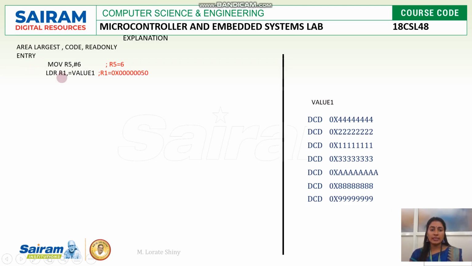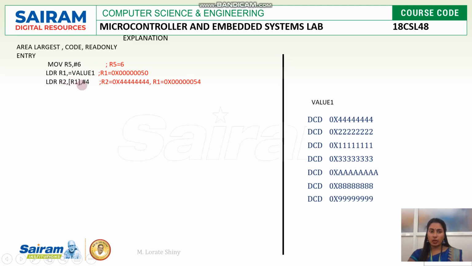Now this is an address, so from this address we have to move the data to one register. What is the instruction for that? Again the same LDR instruction, but we have to put R1 in square brackets: LDR R2, [R1], #4. So the LDR instruction is used with post-index addressing mode. Post index means after moving the data from memory to register, we have to update the memory register. Here the memory register is R1. So from R1, which is 50, the data 4 is moved to the R2 register.